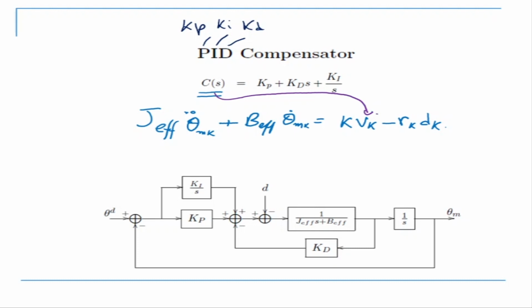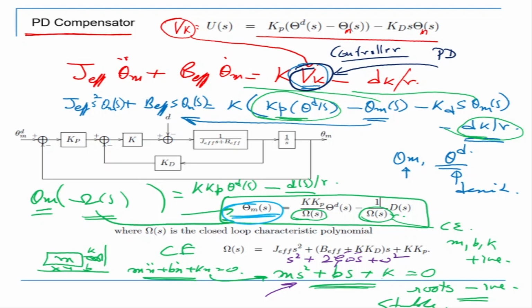Then what is it that we do? I take theta ds. Okay. And on the right hand side, we are left with these terms. So basically this is my control system diagram for a PID controller. In the previous case, we had looked at a Kp and a Kd. Where is the control system diagram? Yeah, so this is my control system diagram for Kp and Kd. So there is a Kp and a Kd here. This was my control system diagram, okay, for a PD controller.